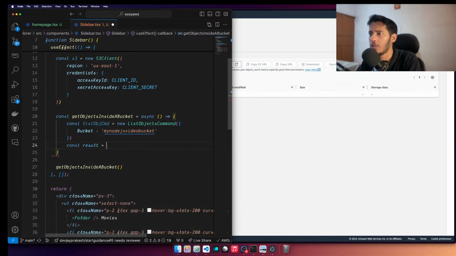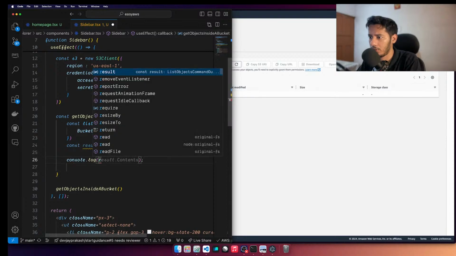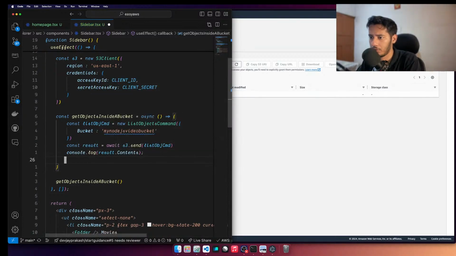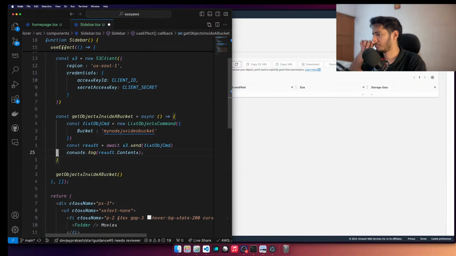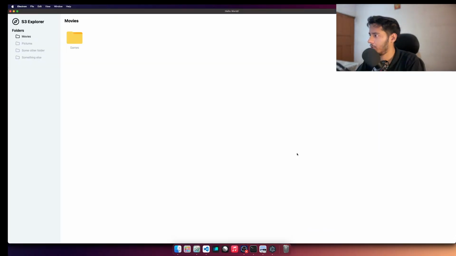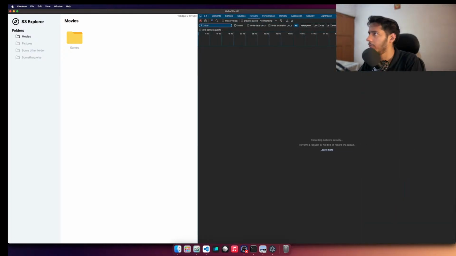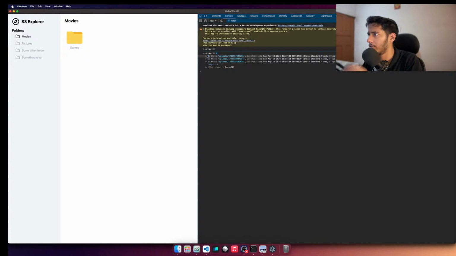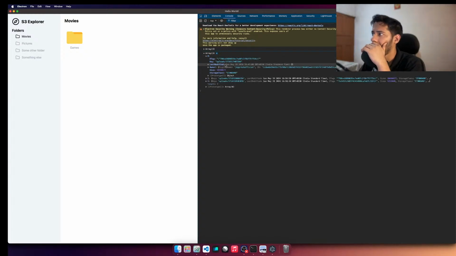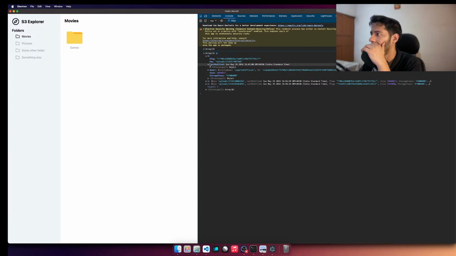So we'll just say result is equal to whatever this is, right? And then we can log the result. And yep, there you go. Let's see what we get. So we are here, we just go to development network. I think we should go to console. There's two arrays. Oh, that's amazing. We have this uploads, right? And then we have the owner and who is owning it and last modified and all those things,